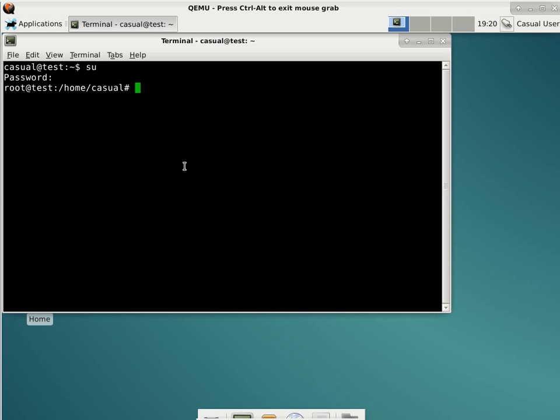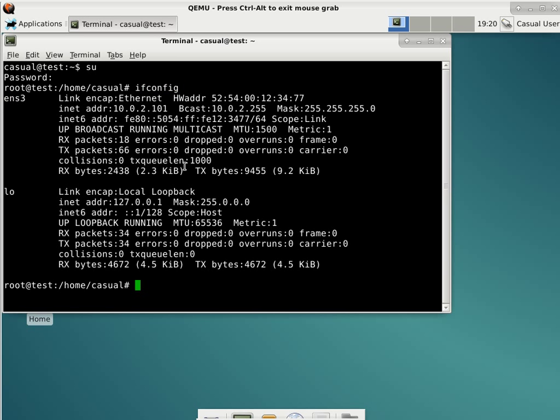Okay, so now as root here, I'm going to run ifconfig, because I can now show you the Ethernet connection from the virtual machine has an interface, has an IP address of 10.0.2.101. Here you go. So they're in the same subnet.